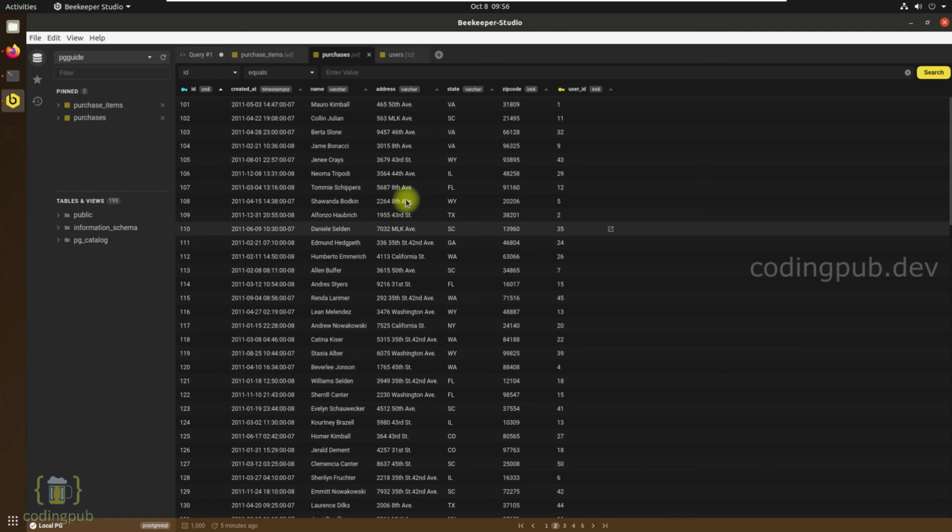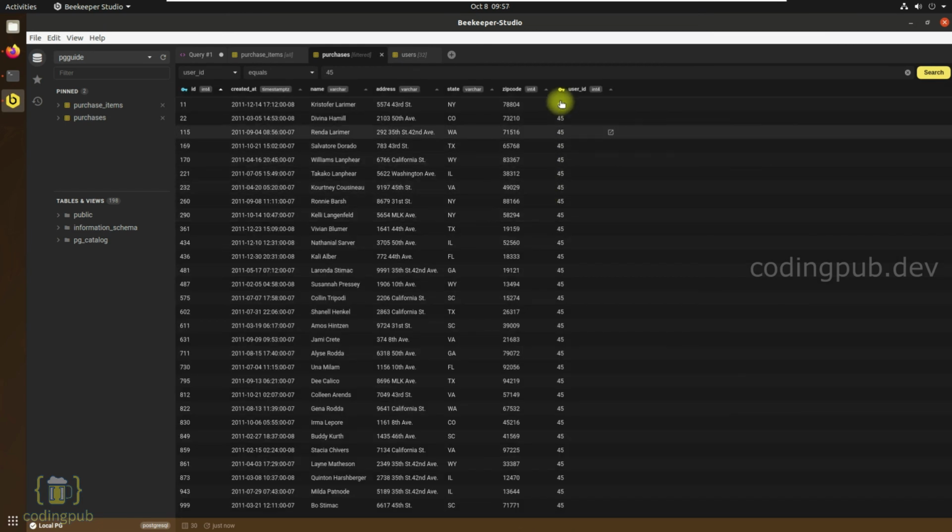For that, we need to select the field user ID and the condition equals and type the value as 45 and click on the search button. As you can see, we are now seeing only the rows which have the user ID as 45, and we are now seeing 30 rows which match our search criteria.